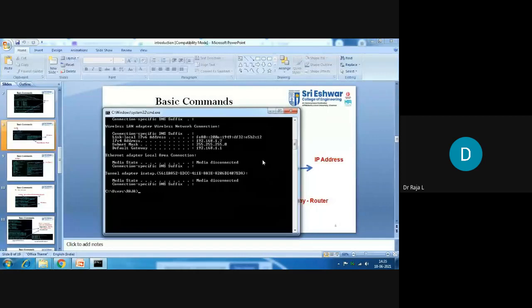Normally, if you want to know, you can give it using the DOS prompt. Since I have connected to the internet because I need to show everything to you, that's why I have connected. You just connect and check that. Each system, when it is connected to the internet, you will come to know how I am going to share the information.